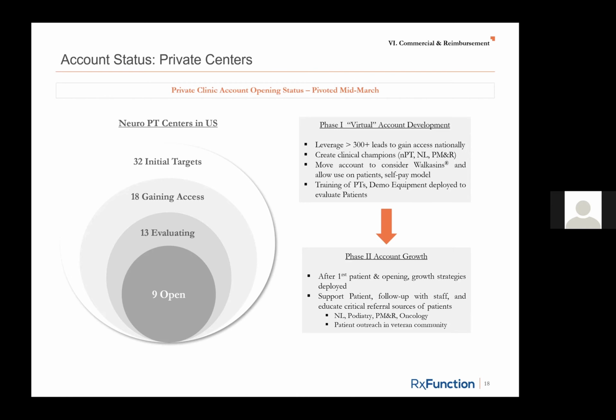And today we do a virtual outreach with these new clinical sites. And we've leveraged over 300 sales leads in private clinics that we've accumulated over the last 2 years and targeted 32 initial sites across the US. And in this subsequent 3 months, we've opened 9